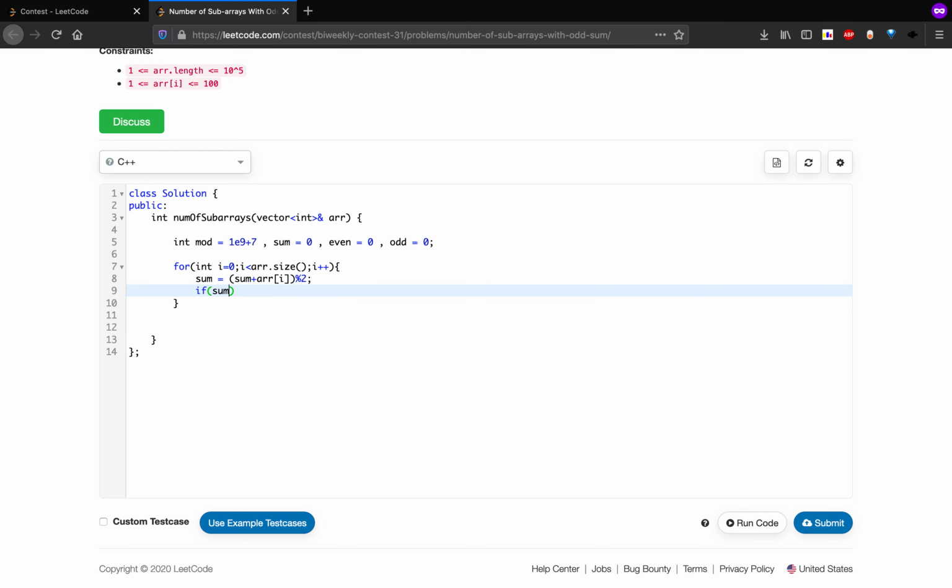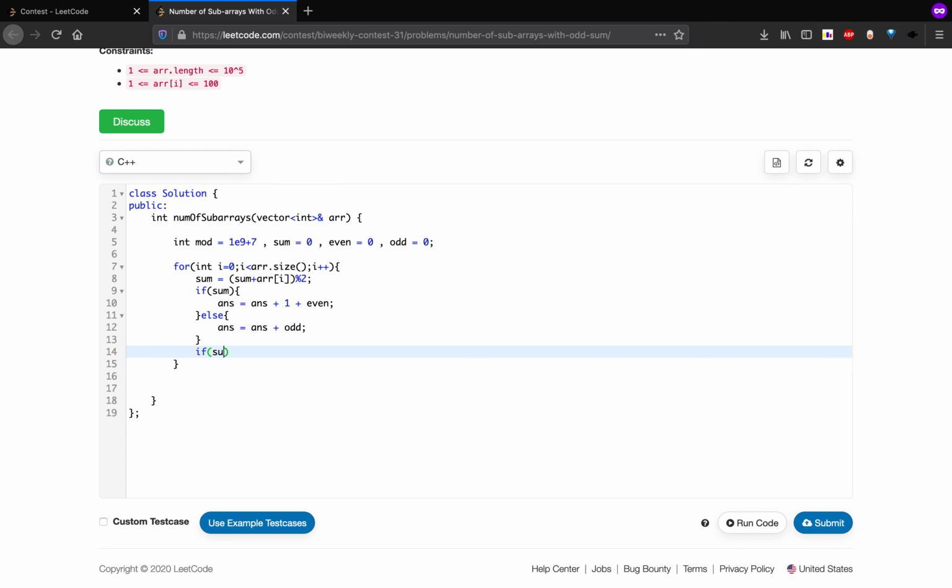If this sum is odd, then we need to add answer plus 1 plus the count of all even prefix sums that came prior, and if the sum is even, then we just add the count of odd ones that came prior. If the sum is odd, we do odd plus plus, else it is even. We also have to do answer equals answer mod, because we need to output the answer by mod. So return answer. Also let's define answer here.